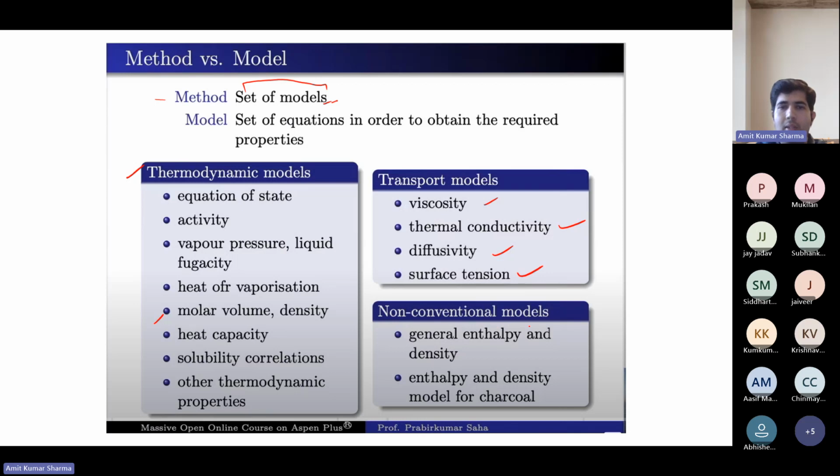For non-conventional models, there is the general enthalpy and density model for charcoal. In a method, maybe all three of these models are there. So a method is a set of models in which different models have their own equations, in order to obtain the required properties for the components that you have specified earlier.